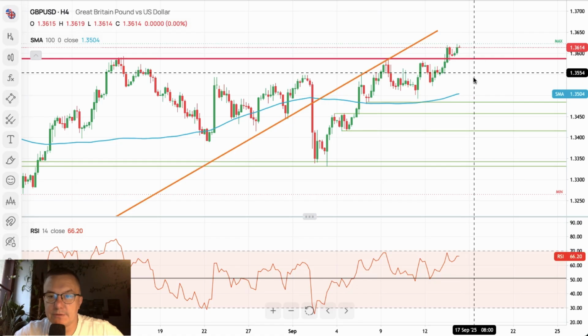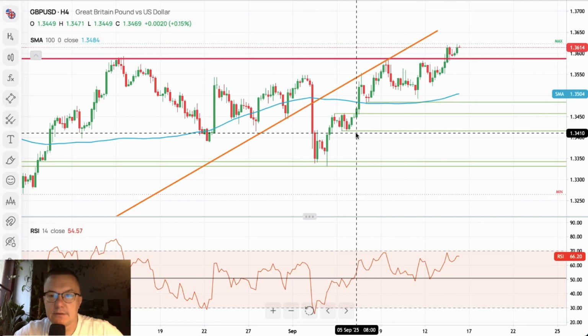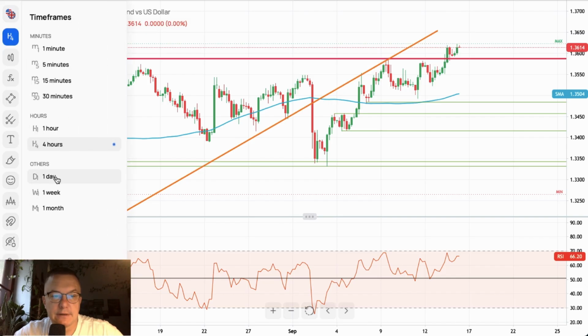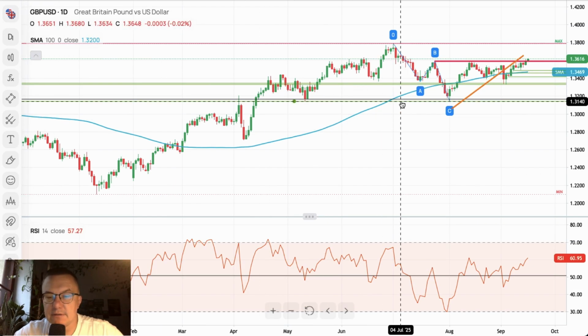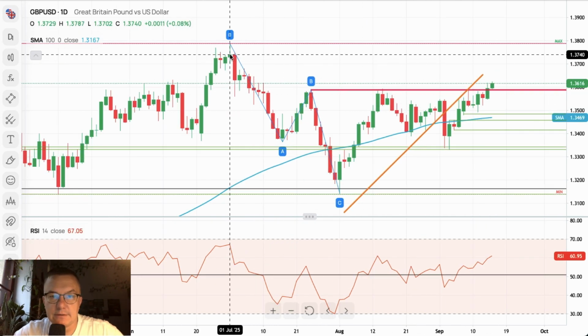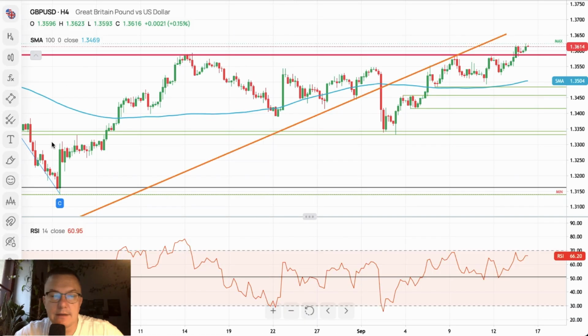Momentum is strong, momentum is positive, so it looks like the bulls are in charge of this market, and the outlook remains quite positive. Further levels might be seen on the daily time frame chart. Right now, to be honest, there is nothing quite close for the bulls. The ultimate target these days is the July 1st swing high at 1.3787. So this is the level that is waiting for a test or even a breakout.